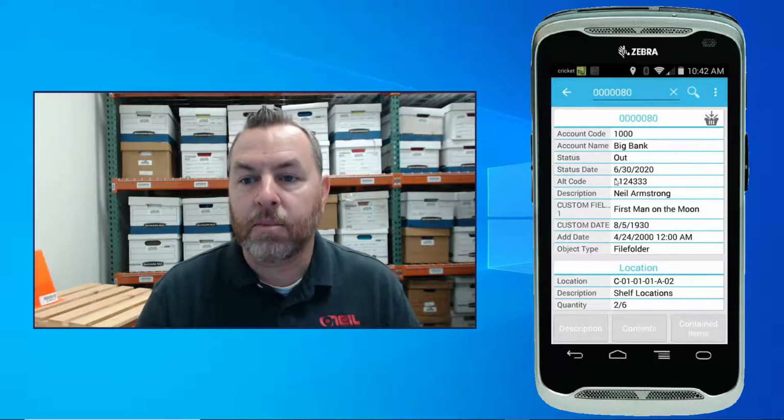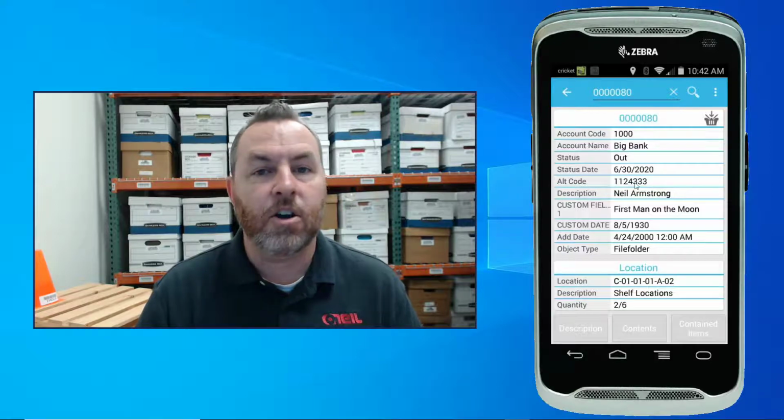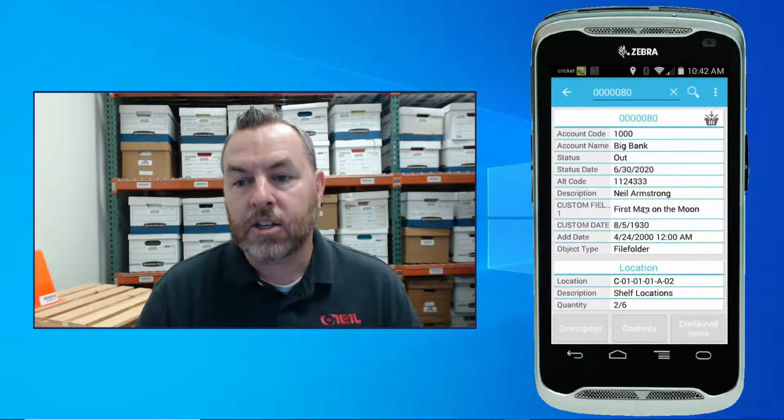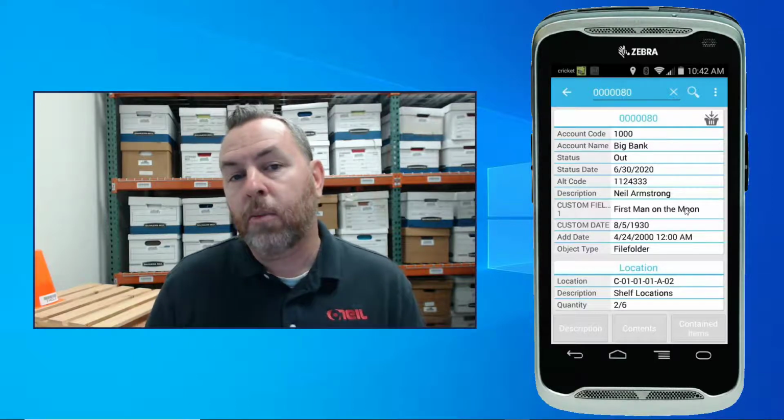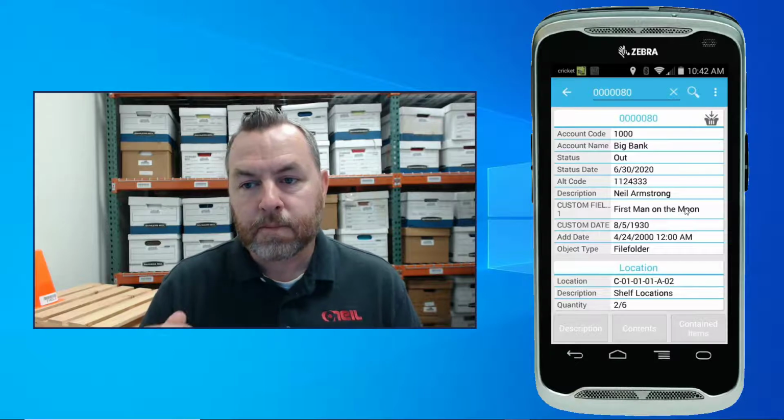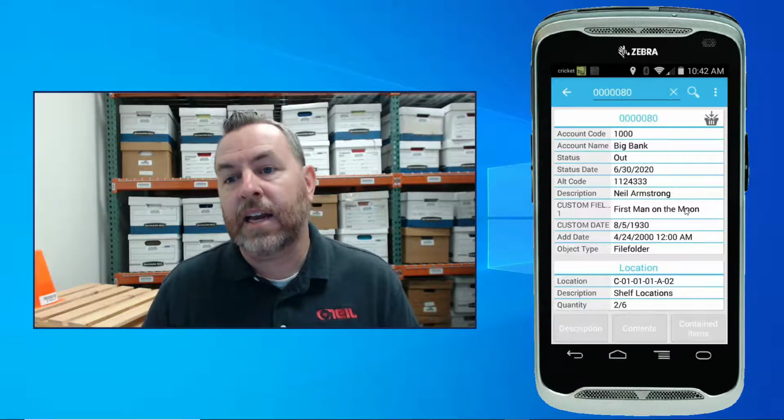So I can see that I'm looking for a file folder with a description of Neil Armstrong. It has an alternate code associated with it. It's got some custom dates and custom fields entered into the system. A unique thing about Oneil Mobile versus RS Mobile is that you're going to see any data that's associated